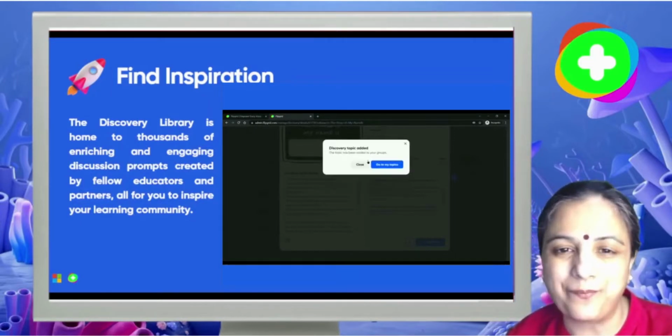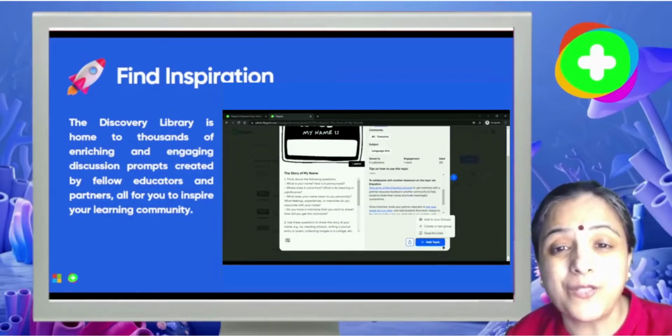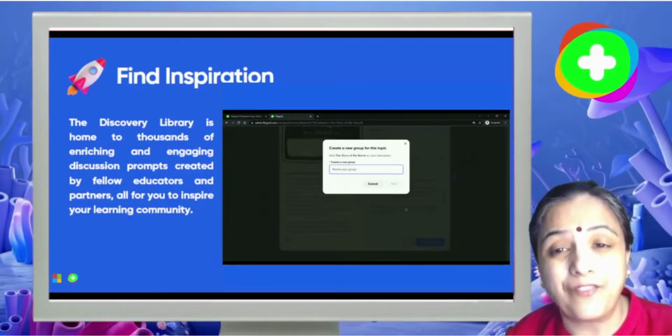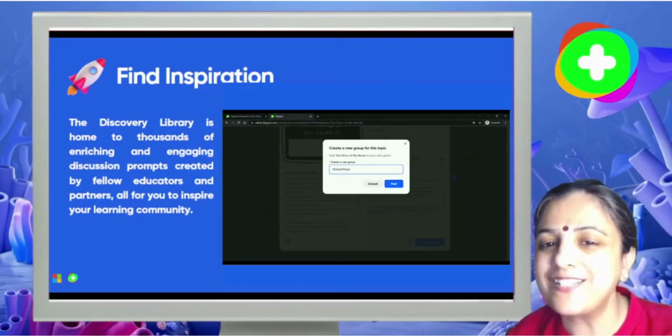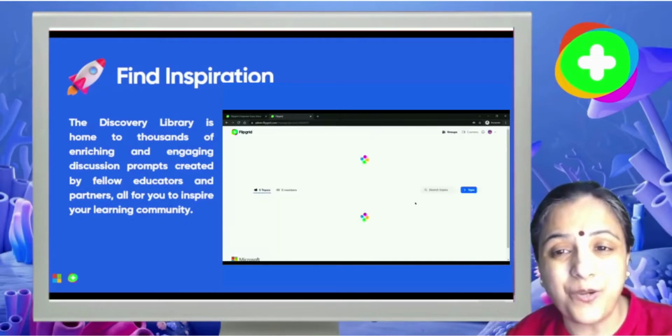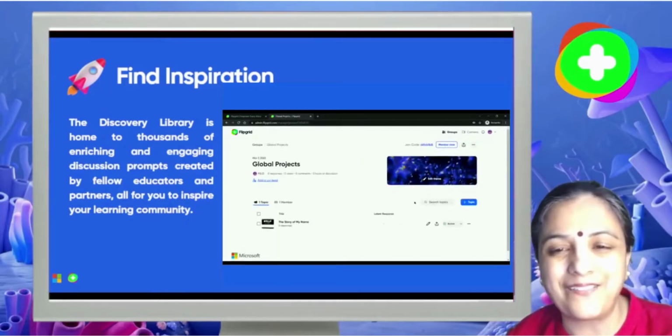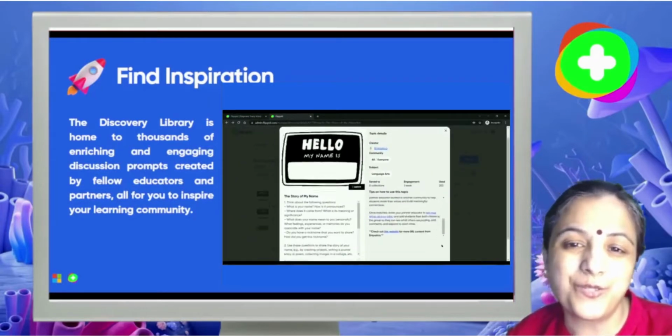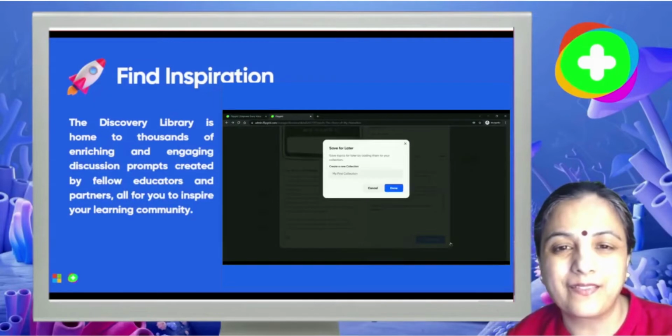You can also share a topic. If you find a topic that you love and you want to share for fellow educators to spark discussion within the community, select the share icon in the lower right corner. This provides a link to the topic that you can copy and paste anywhere, such as in an email, as well as buttons to share to Twitter and Facebook.